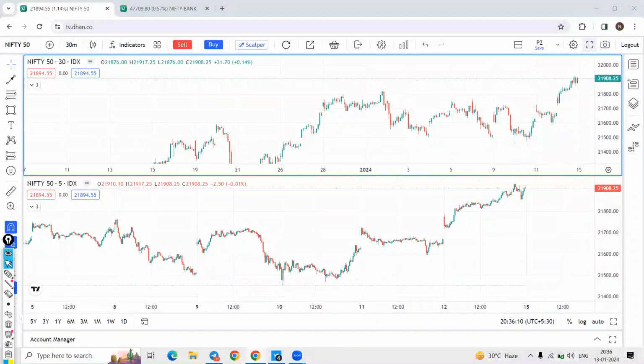Today, let's understand how to read the price action with two different time frames. 30-minute time frame, Nifty chart is in front of me. Spot chart, 5-minute time frame chart is in the bottom. So now let's understand how to get those important levels and areas from the 30-minute time frame, and let's implement the same